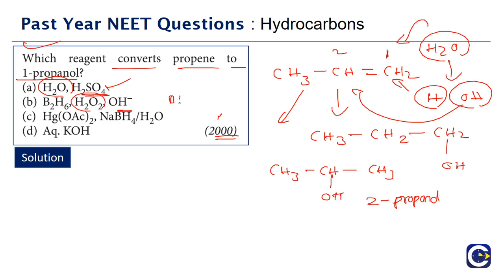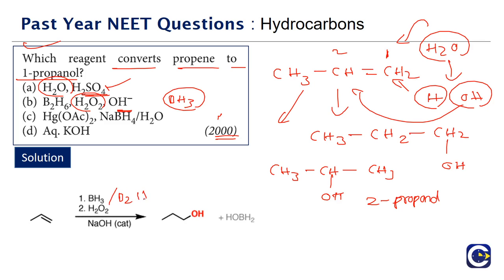So we can write it as either B2H6 or BH3. This is the hydroboration oxidation. So what is this reaction? Hydroboration oxidation, either we will say BH3 or B2H6. Hydroboration oxidation in the presence of a base will follow the anti-Markovnikov addition rule, where the final compound we will get is the one that comes from the anti-Markovnikov addition of water to the alkene.